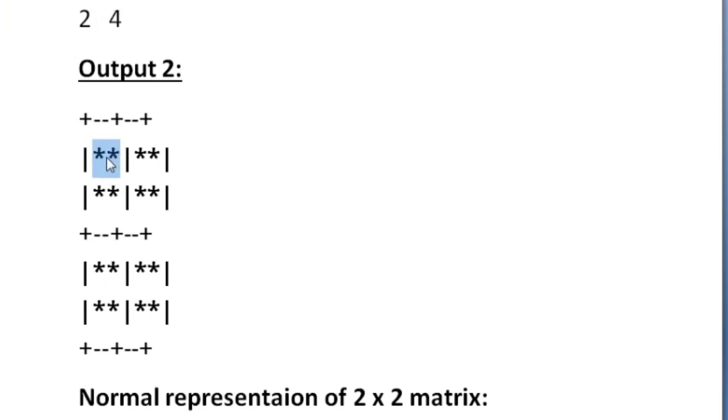So there are 1, 2, 3, 4 asterisks, and we would be printing these slash and plus whenever n elements out of n into s elements are printed. So out of 4 elements, after printing 2 elements, we are printing this slash. Similarly, after printing 2 hyphens, we are printing this plus. And again after that we are printing 2 asterisks, and after that we are printing this slash.